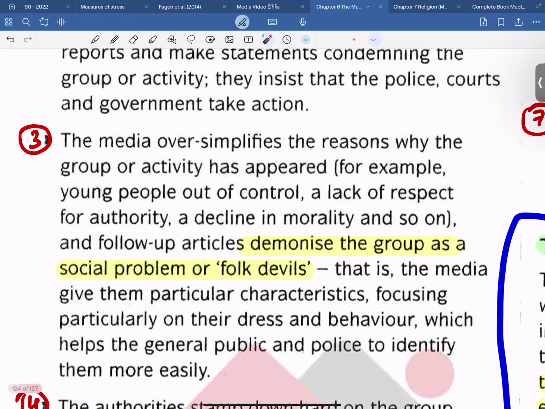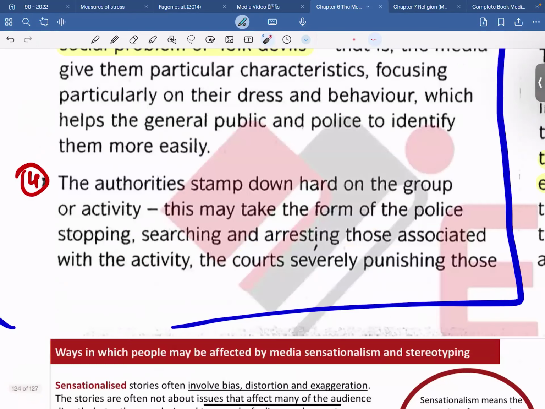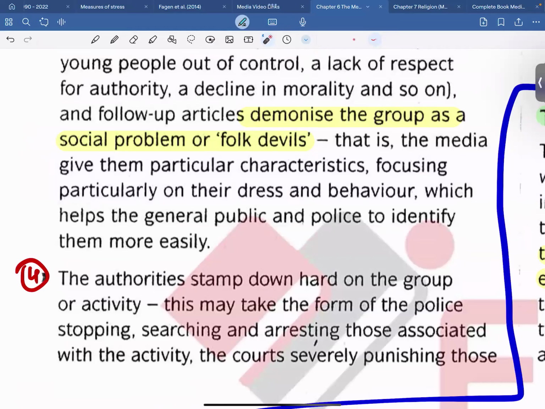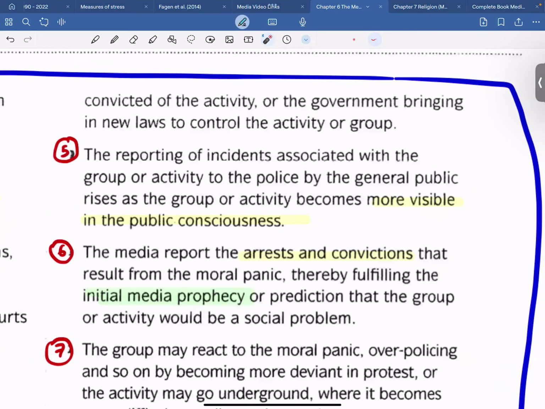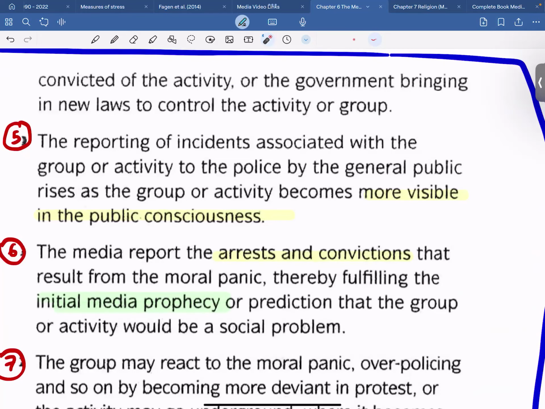The fourth step, the authorities stamp down hard on the group or activity. They go hard on the group. They allocate more resources. There is more police stopping. There's more searching. There are more arrests that get reported. So the authorities stamp down hard on the group or activity. This may take the form of the police stopping, searching, and arresting those associated with the activity. The courts severely punishing those convicted of the activity, or the government bringing in new laws to control the activity